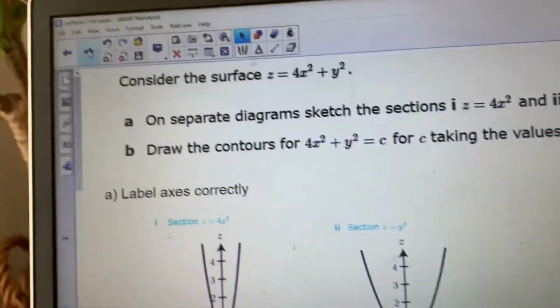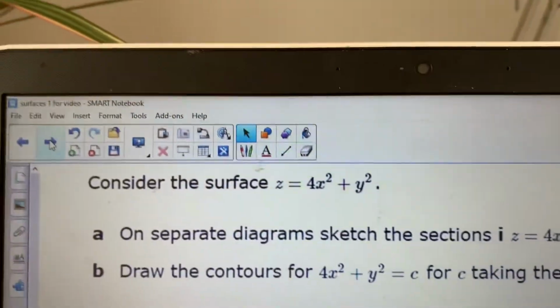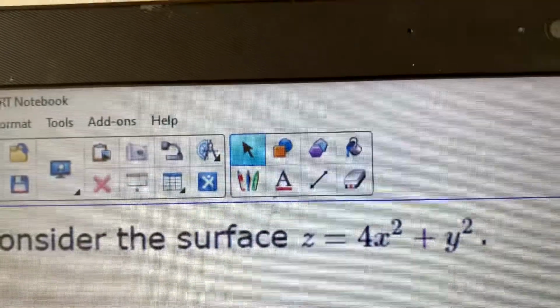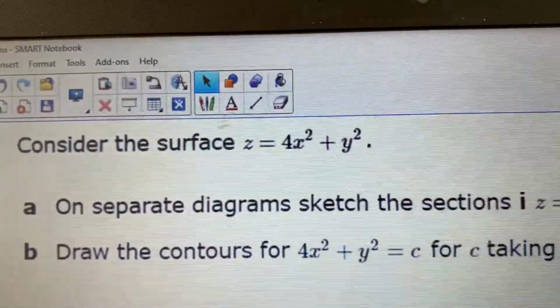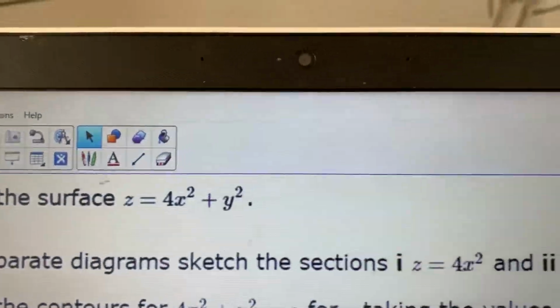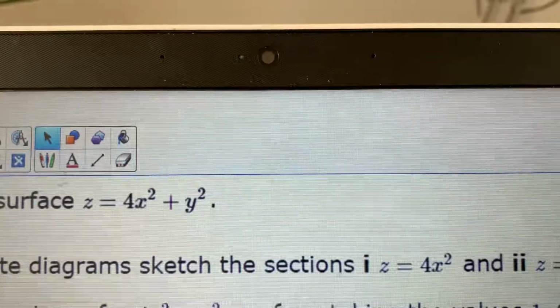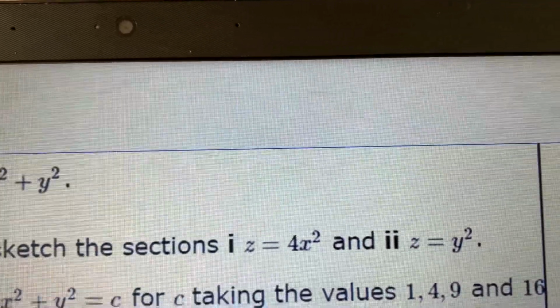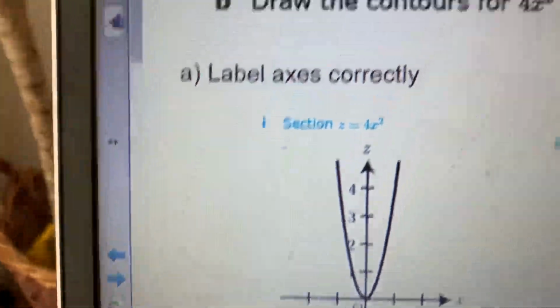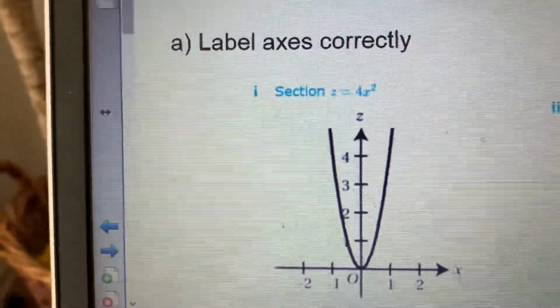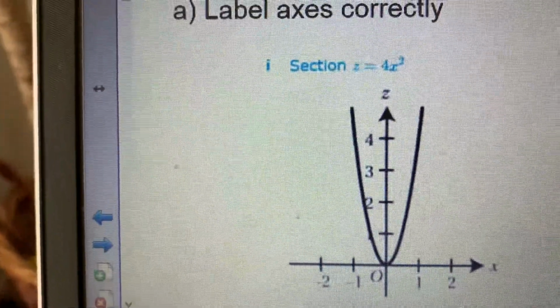in your 3D surfaces questions? So if you consider this surface, z equals 4x squared plus y squared, on separate diagrams, sketch the sections z equals 4x squared and z equals y squared. So all that you would do there is just make sure you label your axes correctly. So z equals 4x squared